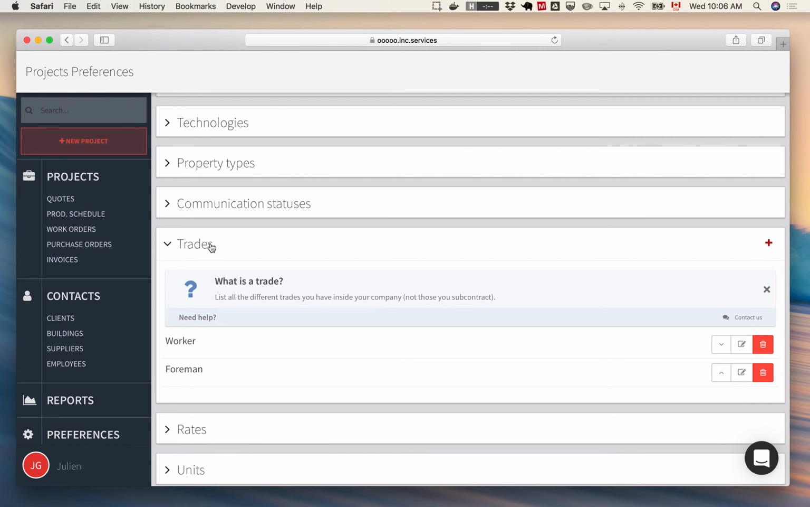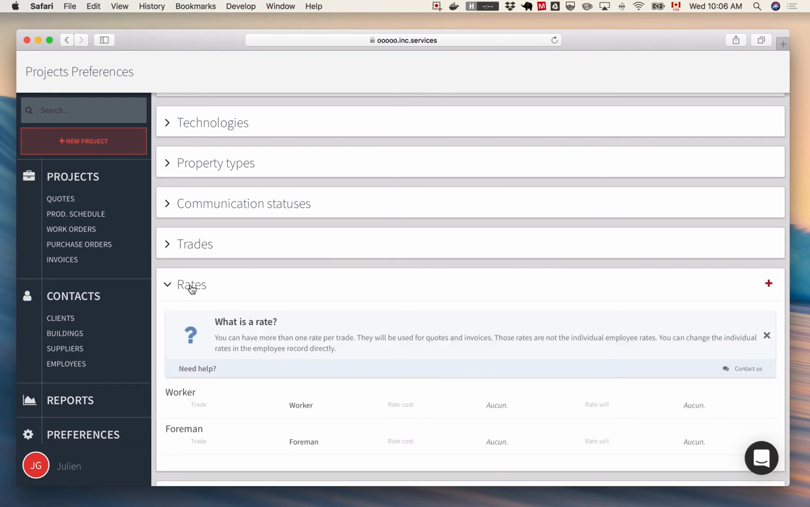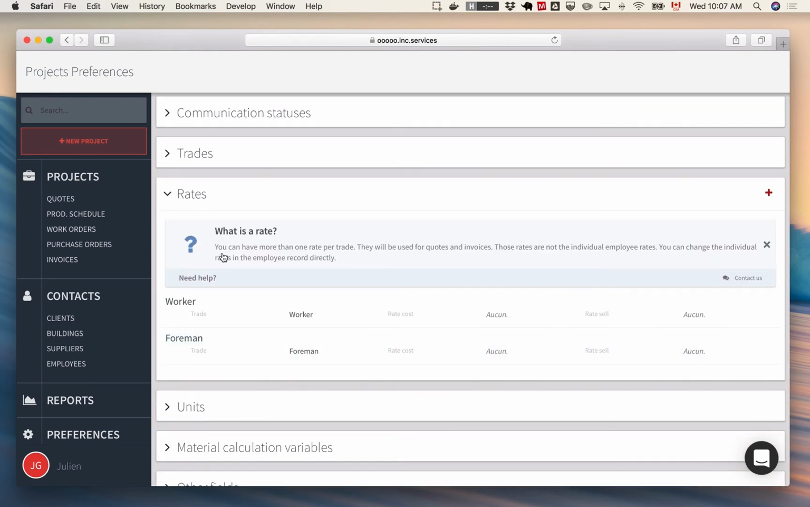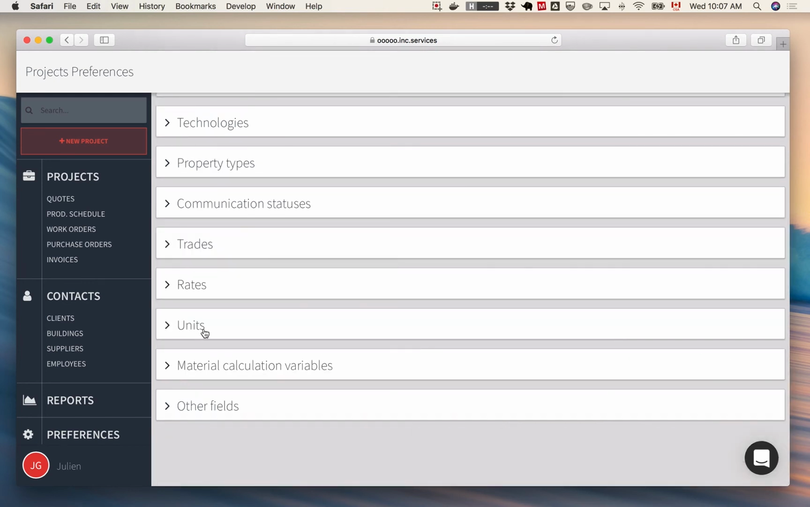Trades is what your employees are doing. So if you have one or two trades, you can put that in there. Rates is how you pay your employees, as it says in here. This is for the quote and invoices. So this is a global rate for that kind of trade. If you want to put individual rates on different employees, then you go into the employee records themselves, and you can assign a different rate for those,